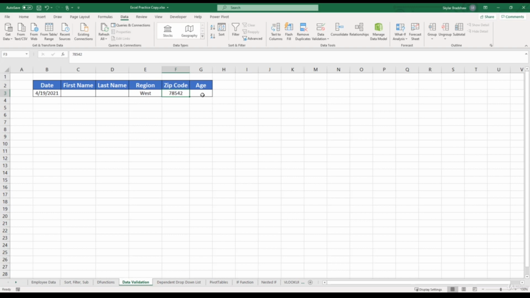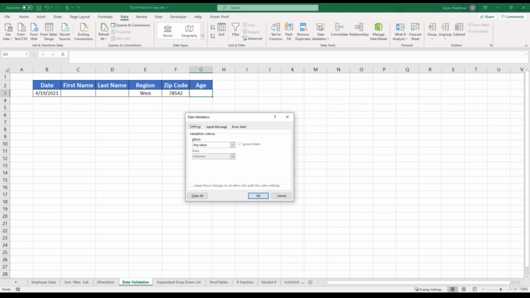And just as one more example, we could apply data validation to the age. So let's select cell G3, come up to data validation, and this time in our drop-down list, we can select whole number, because an age won't have a decimal, right? So let's select whole number, and let's say that everybody within this spreadsheet should be greater than or equal to the age of 18. So we can select our data drop-down arrow. So we only want to allow the age to be greater than or equal to 18. So we can come down here and select greater than or equal to,